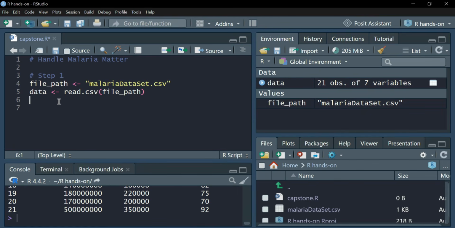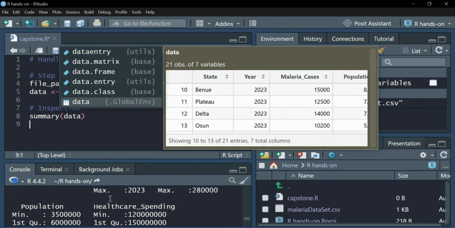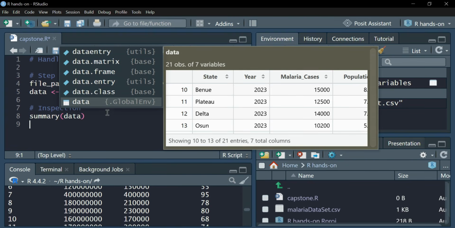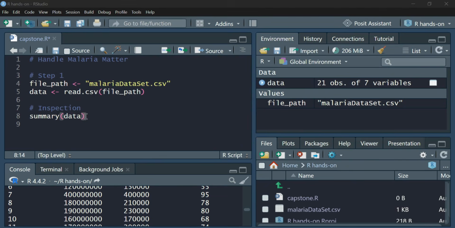So how can we inspect data? Maybe in step two, let's just call it inspection. Let's not forget step one is gathering, step two, inspection. How do we inspect data? First, I can use my summary to quickly check what my data is like. In summary, I can see mean, median, mode, max for all of the metric values. Then we might want to check